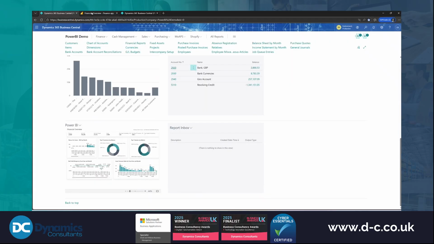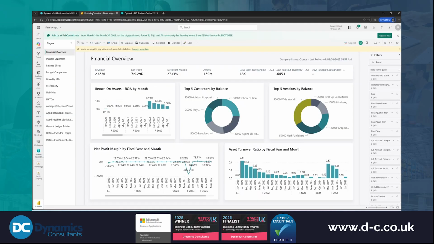Now, as part of this, you have your Power BI app, which was the same dashboard that I had in Business Central. So this allows you to create these dashboards with the filters and the data that you have. Obviously this is a test environment. I haven't got live data that I'm connecting into, but once your data is populated into Business Central, you will then have Power BI, and in this kind of app you'll be able to